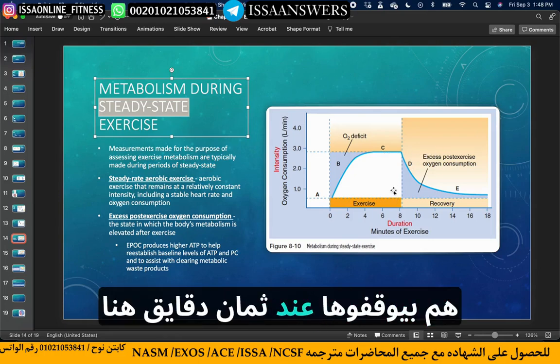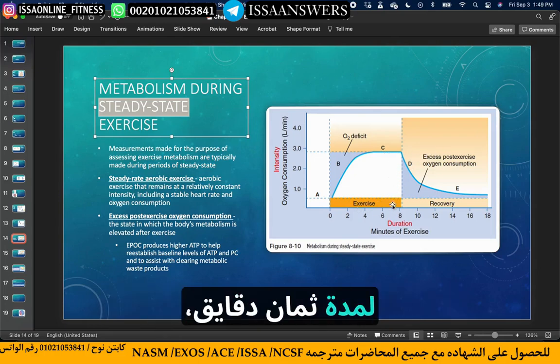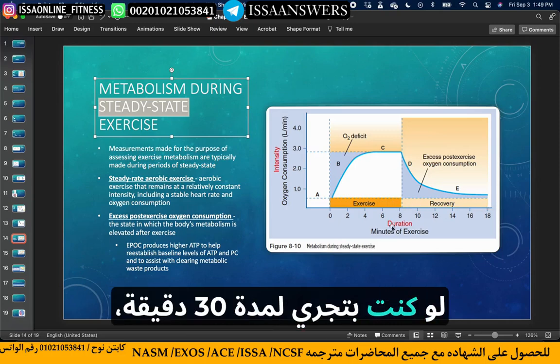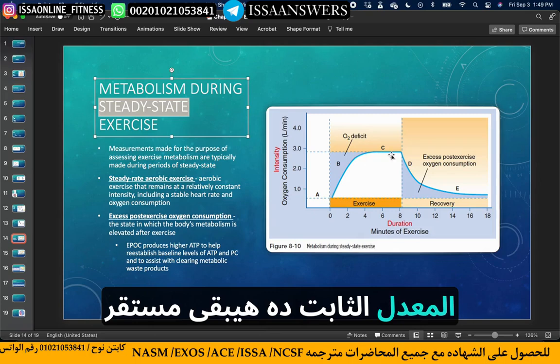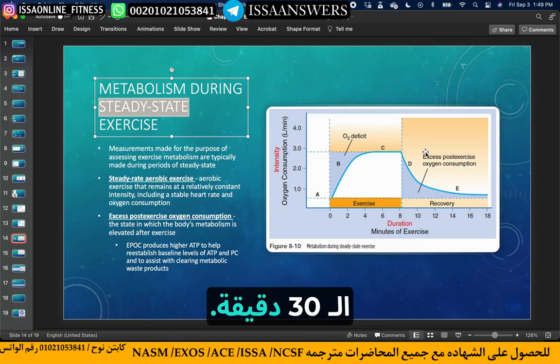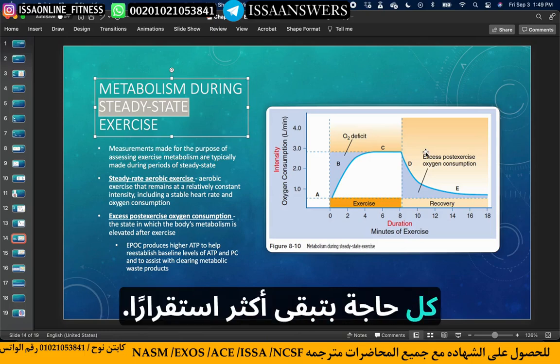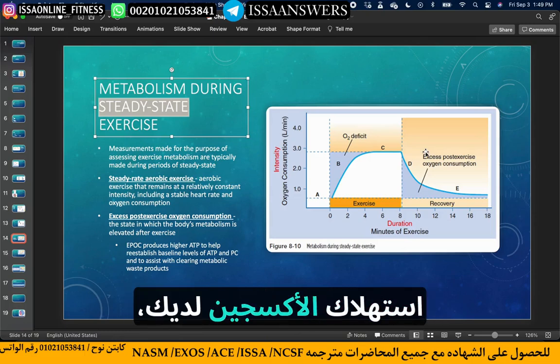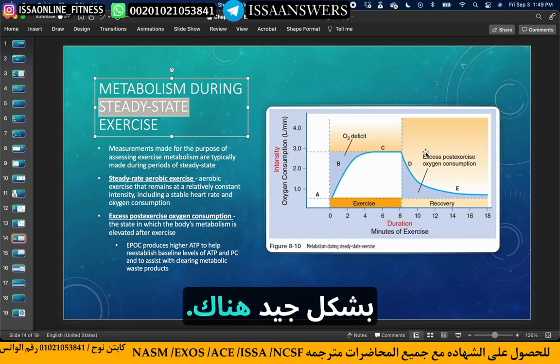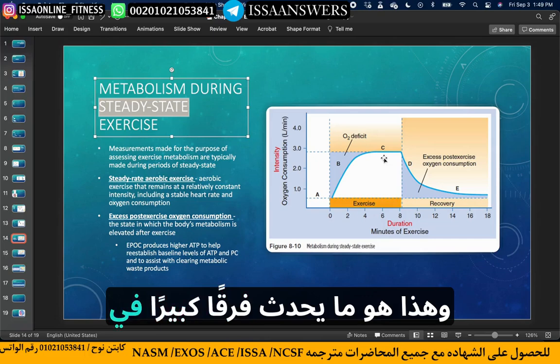They cut it off at 8 minutes here because they're saying it's an 8-minute exercise, but it could go longer, depending upon what you're doing. If you're going for a 30-minute jog, that steady rate will stay pretty consistent across that 30-minute time frame. And again, everything is more stable. Your oxygen consumption, your VO2, is pretty steady there,